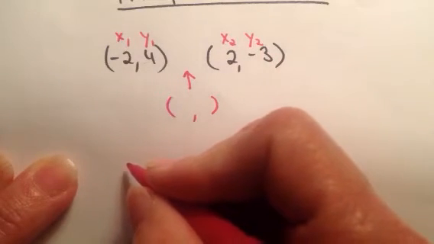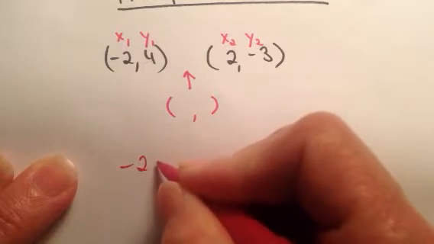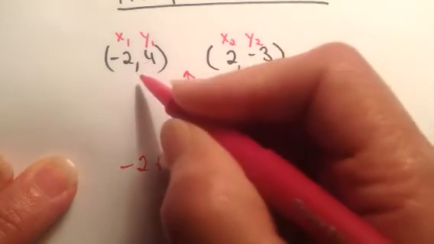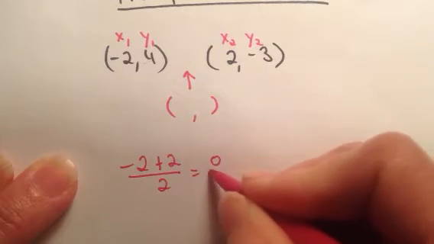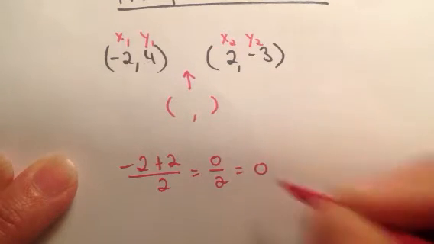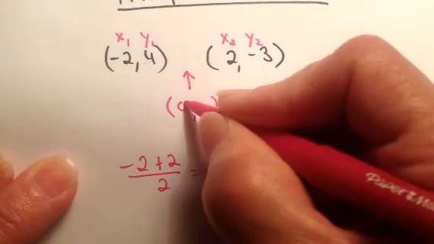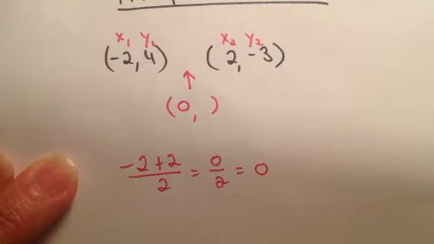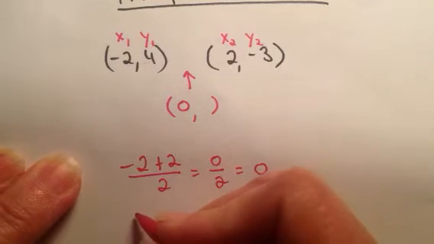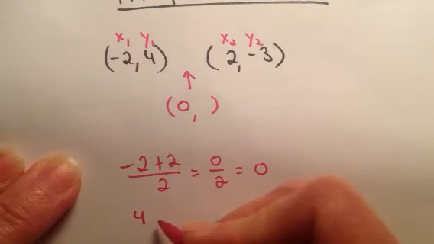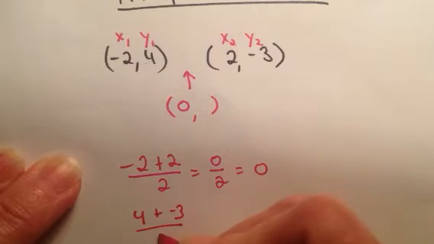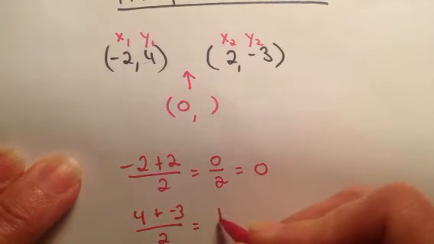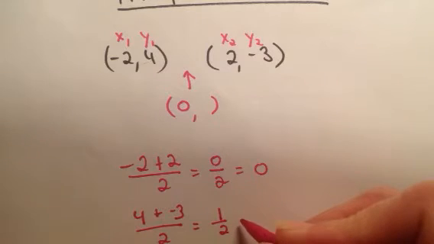So I'm just going to, for my x value, take -2 and add +2 to it and divide by 2. So I'm going to get 0 divided by 2, which is just 0. So the x value of my midpoint is 0. I'm going to do the same for the y. So I'm going to take my y1 and add to it my y2 and divide by 2. So I get 1 divided by 2,